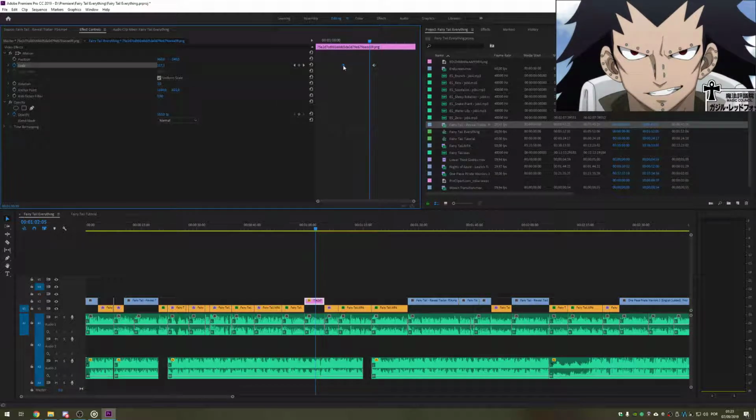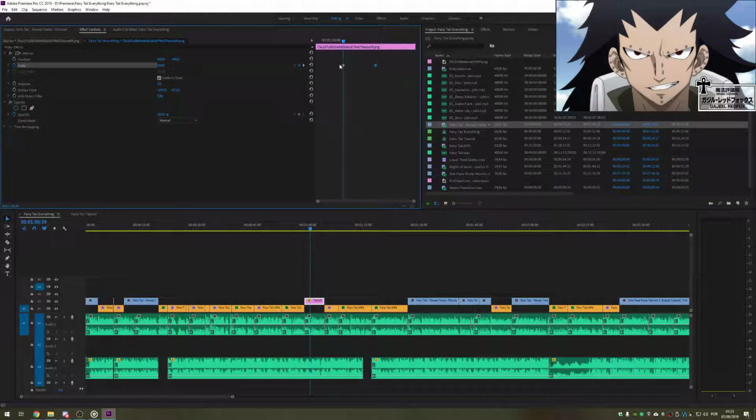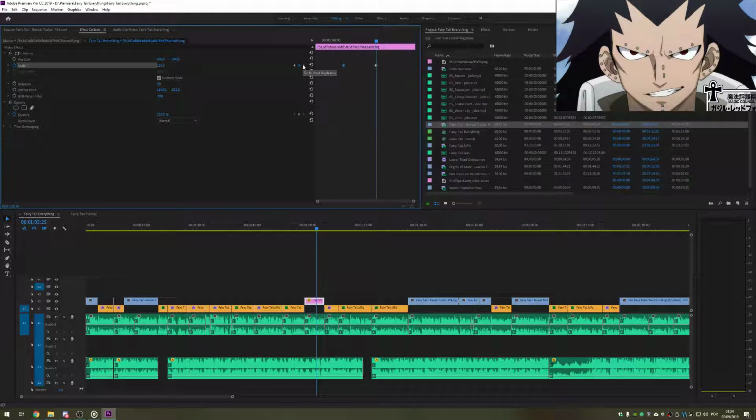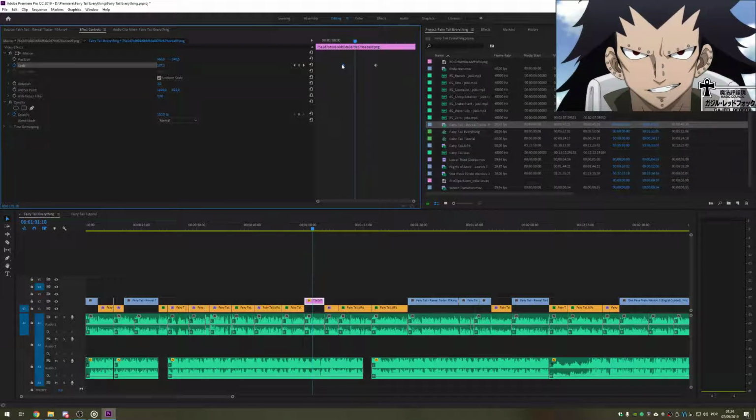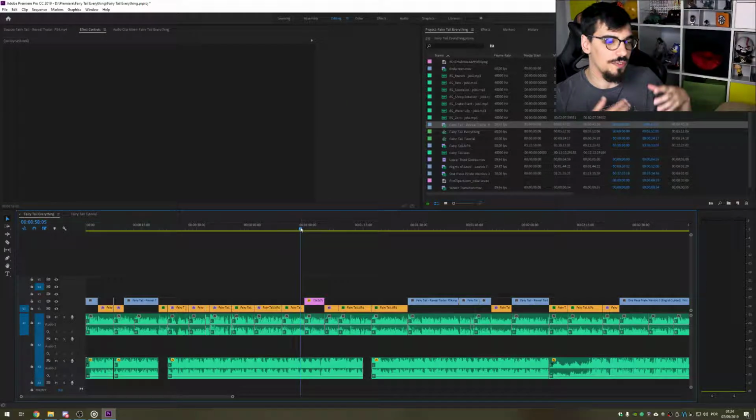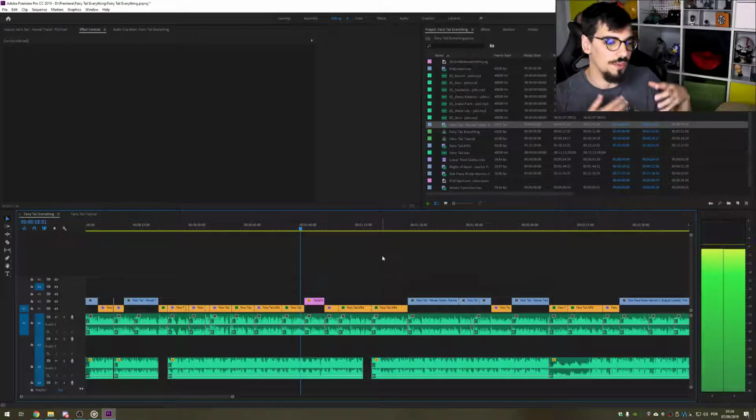This is one keyframe, this is another keyframe. And what I've told the software to do is, on this keyframe, I want you to be at scale 100. At this keyframe, I want you to be at scale 120, which means that between these two keyframes, the image is going to get bigger. So I drag the first keyframe to the beginning, the second keyframe to the end, and now, instead of just having a still image,